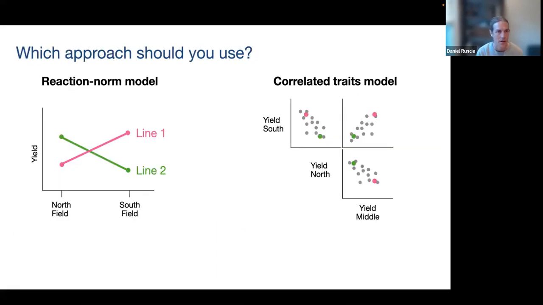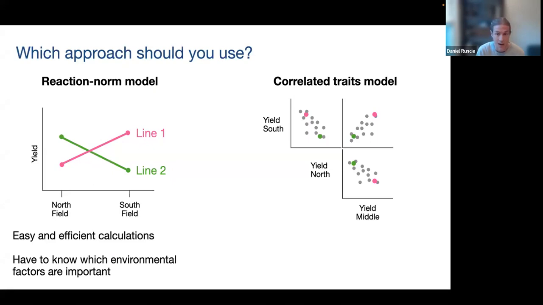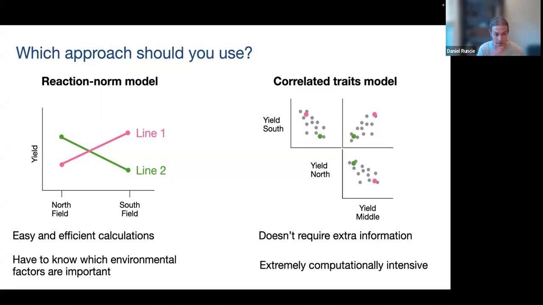So anyway, which approach should you use? The reaction norm model is very appealing because its calculations are easy, efficient, and there's lots of statistical software for doing it well. However, it only works if you know what environmental variables are important. The correlated traits model doesn't require any extra information, but can be extremely